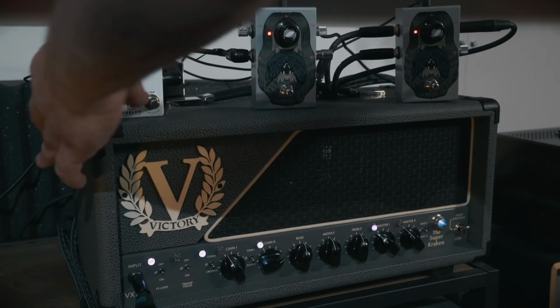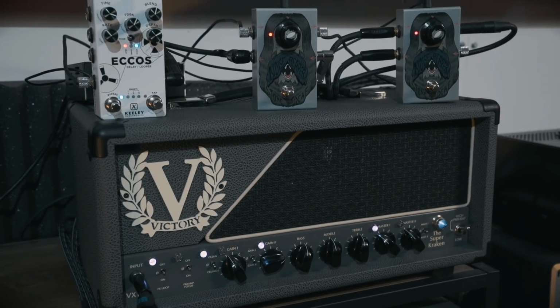Now that's an application that I would personally use a gate in, rather than using it in just a high gain tone to tighten things up. I would put it straight over something like this to allow me to have these colossal sounds with the cleanliness of the signal afterwards. And on top of that, if you, like I said, put it first in the loop and then add a delay, so that the echoes, we have